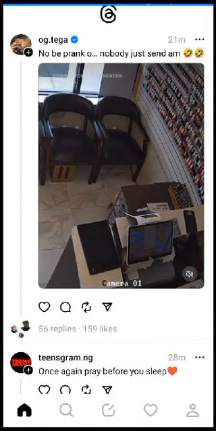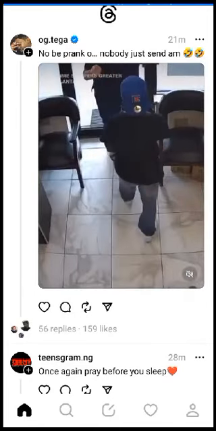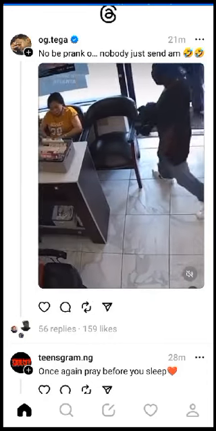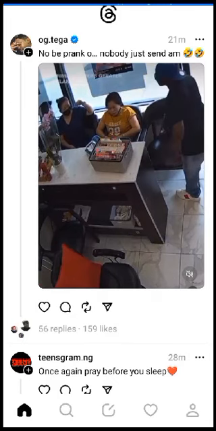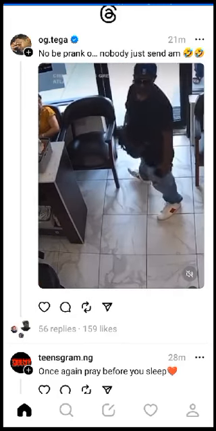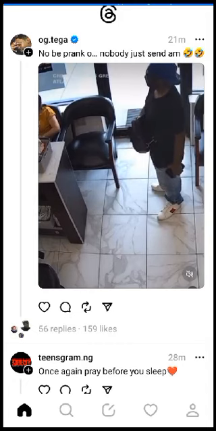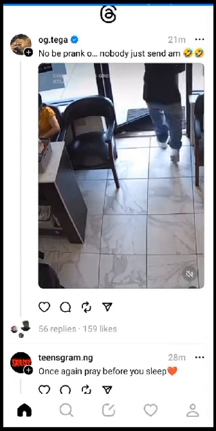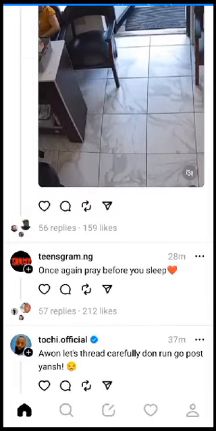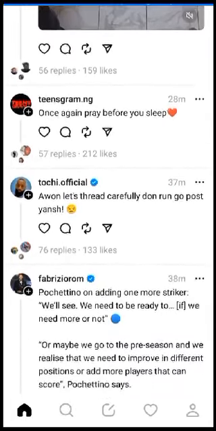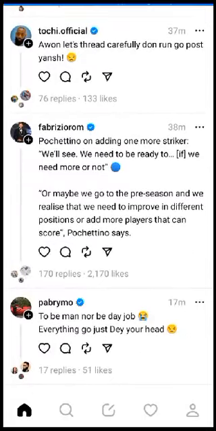We just want to do a quick review on the Threads app, the popular app that is synonymous to Twitter. So let's do a quick review on Threads. This is the app review. Enter the app. This is how it's going to look, just the same way that Twitter looks.